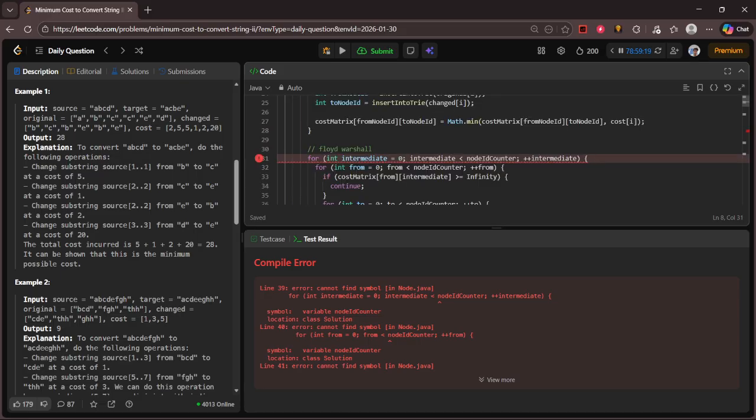Line 39: for int intermediate is equal to 0, intermediate less than node id counter. Okay, I don't understand. We declared int intermediate, set it equal to 0, then intermediate less than node id counter. But then we have to,